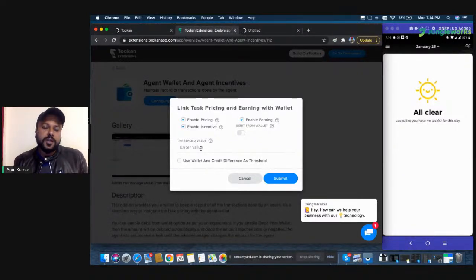I do not want him to carry so much cash, because the situation can be different in different countries. So if I enter this threshold value as, let's say, 1,000, and my particular agent's value increases above 1,000, he won't get a task. Once I submit it,